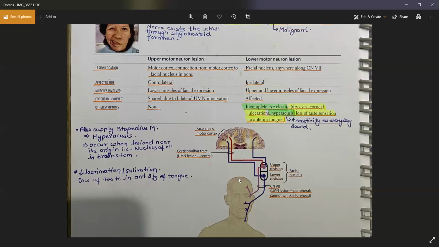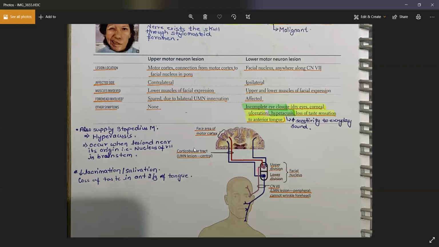In a scenario where you have damage in the cortex, for say any infarction that involves my motor cortex, what kind of infarction can cause damage to my face? What artery infarction? Middle cerebral artery. Yeah, exactly. In a scenario of a middle cerebral artery occlusion,